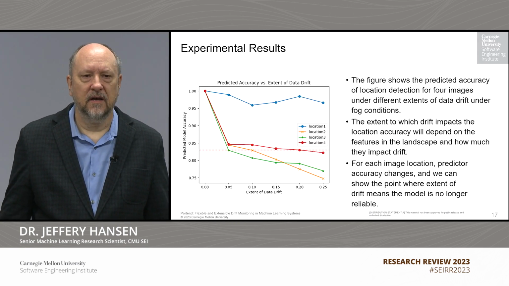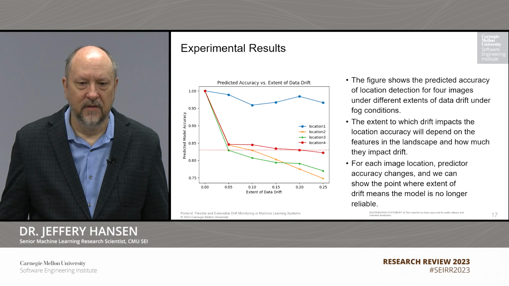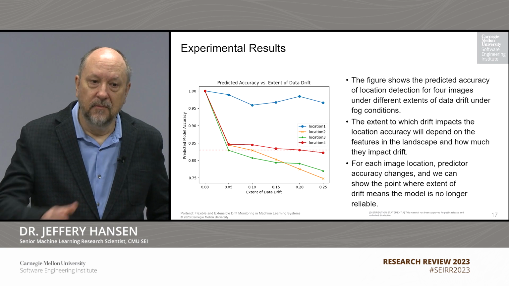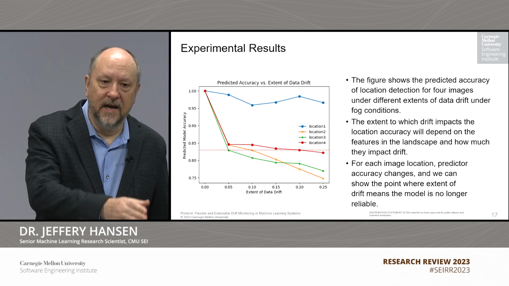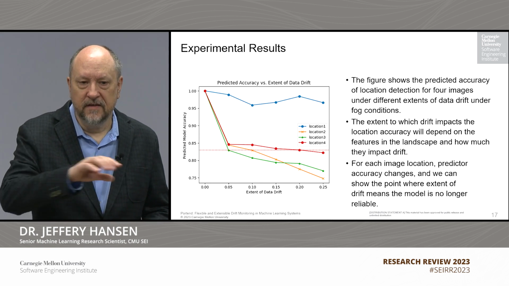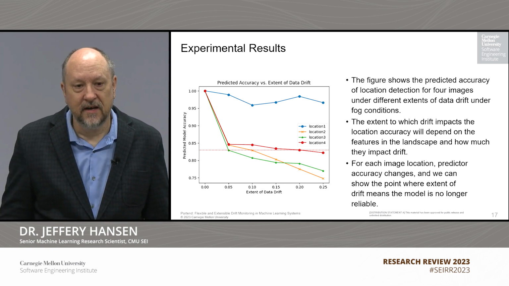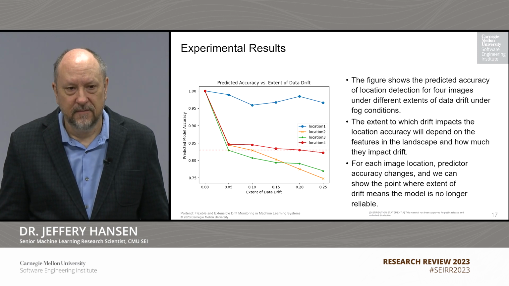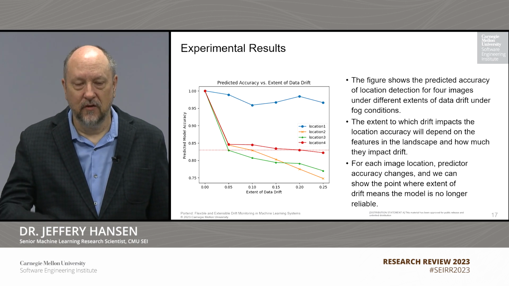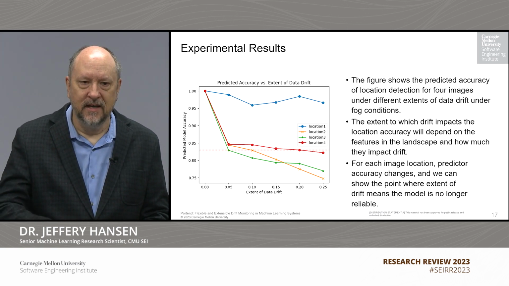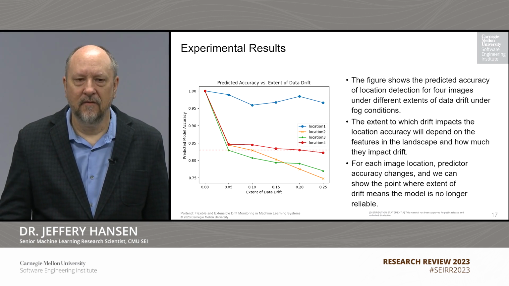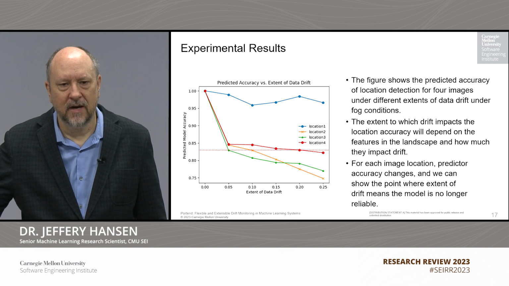Here are some experimental results using data from the FEMA scenario. What we have on the graph is the predicted model accuracy on the y-axis. The x-axis is the extent of drift; this is looking at fog drift, so basically as we turn up the dial on how much fog drift we have. And each line is for a different point on the map. So it's looking at how accurate the localization information is